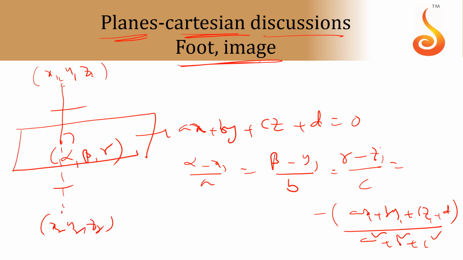Let us say these two are equal. Then if you use x2, y2, z2 in the place of alpha, beta, gamma, and instead of minus of, use minus 2 of, then you will get the image. So please just recollect your straight line formulas. It just looks like an extension for planes. Here there, straight line; here, plane.